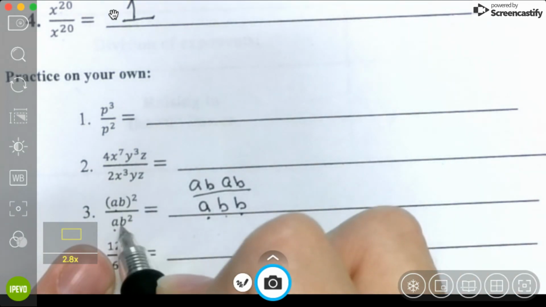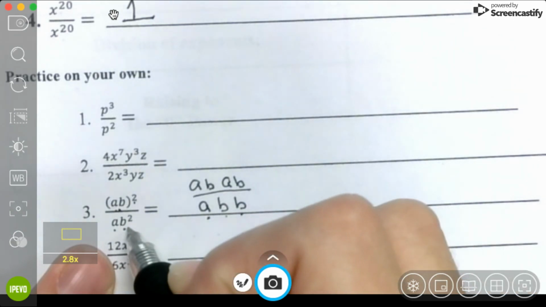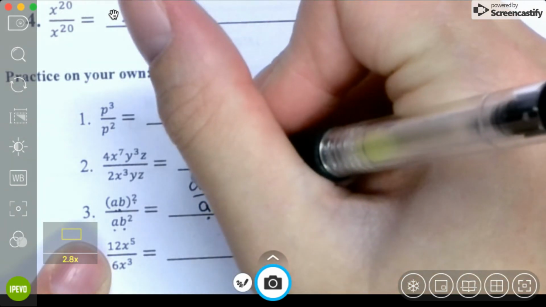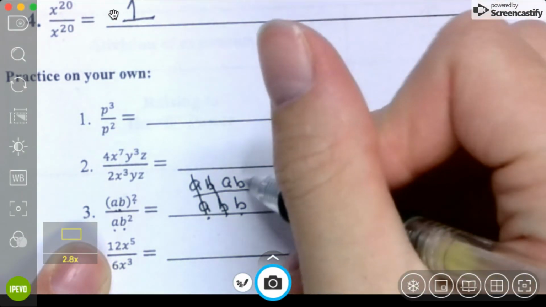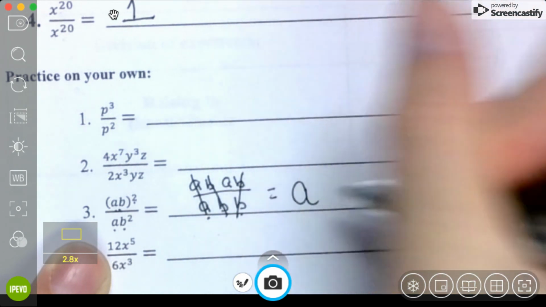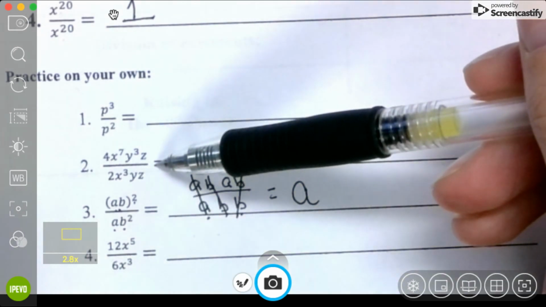Do you see the difference between if there's a parenthesis with the number outside and if there is just 2 letters or numbers with 1 exponent? Okay, so now these A's cancel out, these B's cancel out, these B's cancel out, and you're just left with an A up top. Okay, so do the same thing with 1